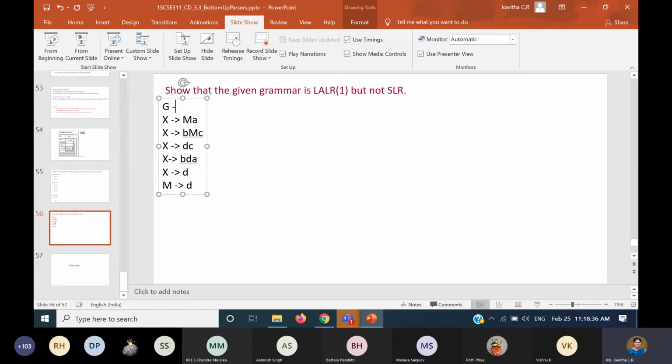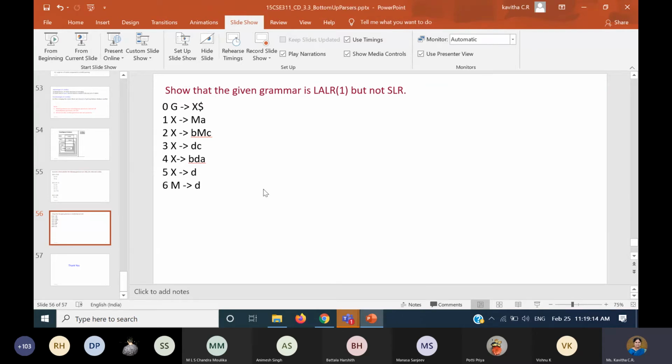I will take it as G'. X is the start symbol here, so I will put S' going to X dollar. Okay. Now after this we will label. This labeling is only for our convenience, so that we don't have to write all the rules over there. We can directly write the number. That's the only advantage. Some authors would have written the rule directly there. That's okay, so whatever you wish. It looks jumbled in the table, so we prefer labeling like this. Okay, so now we have labeled. So the first 2 steps we have done. Augmentation we did, and then we labeled the rules.